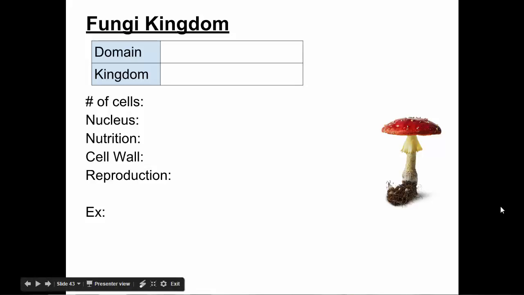So we've talked about several kingdoms now. We've talked about archaea. We've talked about bacteria. We're now finished with protists. We're next going to briefly, just for about 15 minutes or so, talk about fungi. And then next week we'll be moving into plants and then animals. Okay? So you guys already know most of the information on this slide because we've talked about it when we just went over general characteristics.